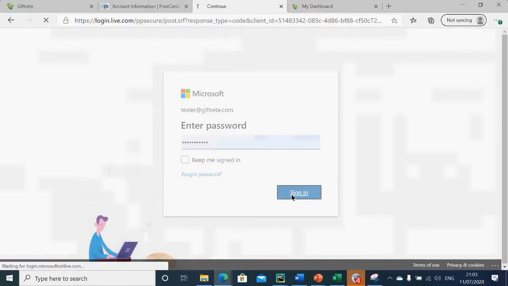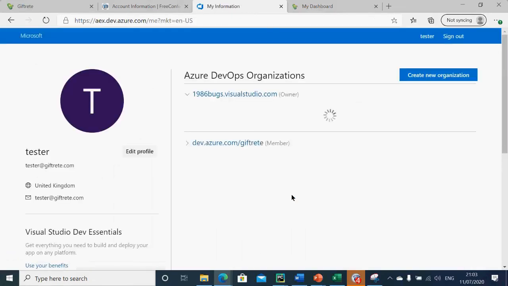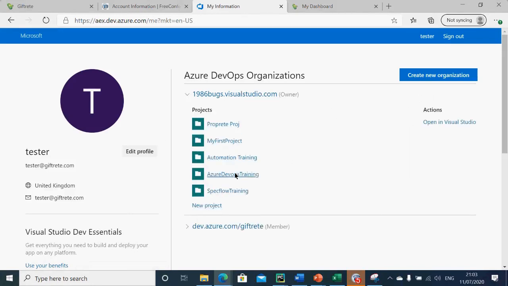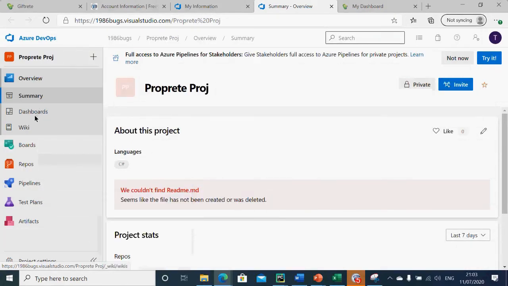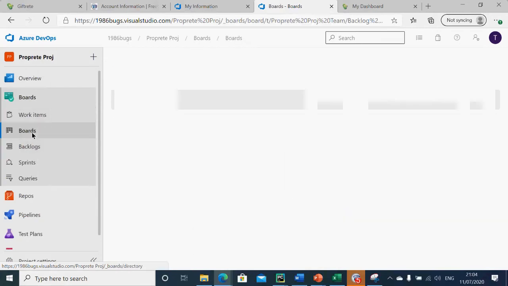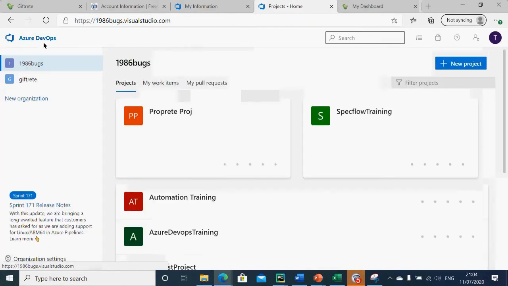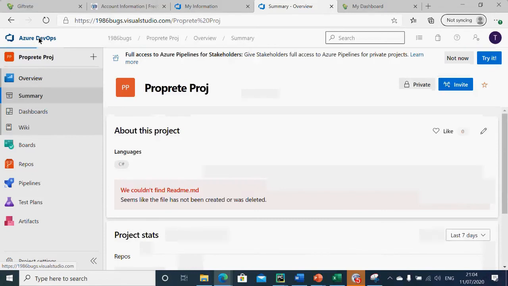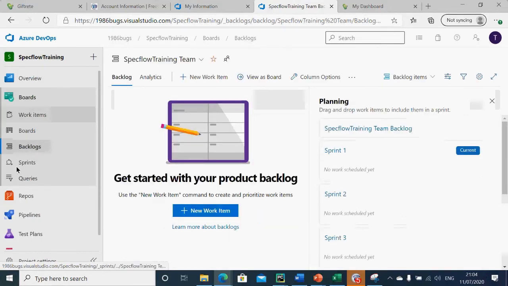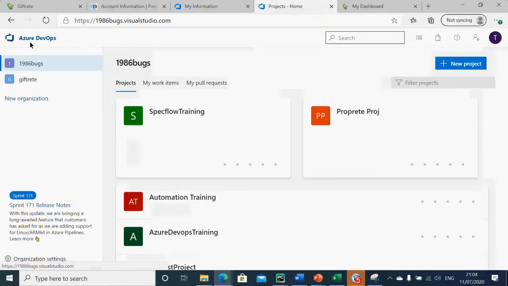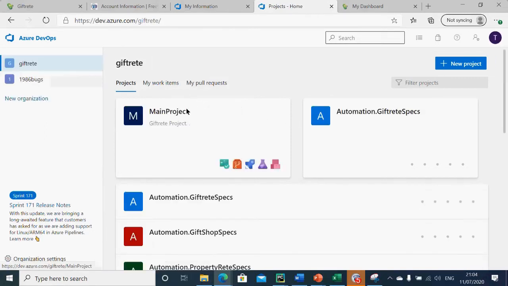So I'm going to use an account. I'm just switching an account. So in this, I'll just go first to any one of the projects, my first project. So in this project, I'm looking for spec. Yeah. So I just want to show you how to add the board in each of these. Main project